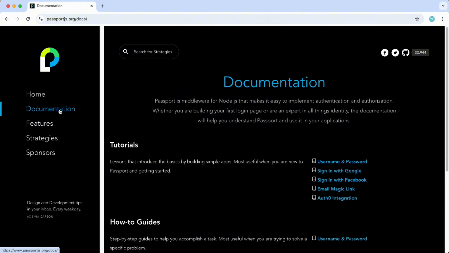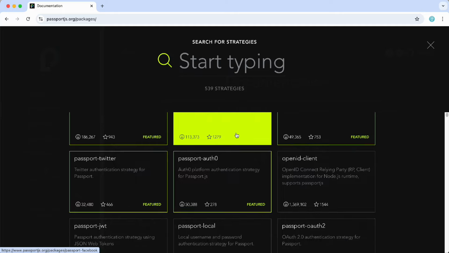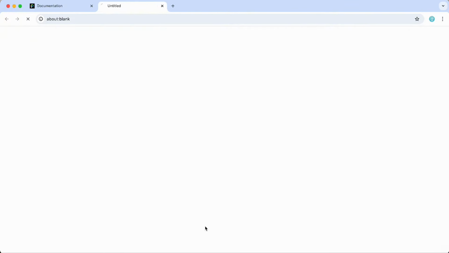You can check some tutorials about creating strategies, for example, signing in with a username and password, signing in with Google or Facebook, but it also has strategies for Apple, GitHub, LinkedIn, and other social media platforms, email magic link, and many other strategies which you can find by clicking on the strategies option here on the left as well. So currently Passport has 539 strategies. You can check each one of them here and click to see the documentation on how to implement this strategy